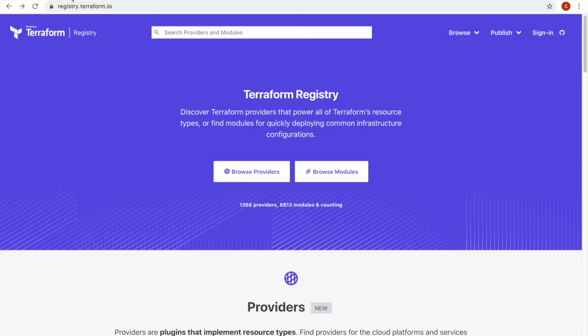And when it comes mainly to the documentation and information about providers and modules, the URL is registry.terraform.io, where you can find all the information about providers and their modules and all the resources associated with the providers, and how you can create those resources within that particular provider. So I will quickly show how you can effectively go through the documentation rather than going into Google every time and searching. You can come here and just browse on providers.